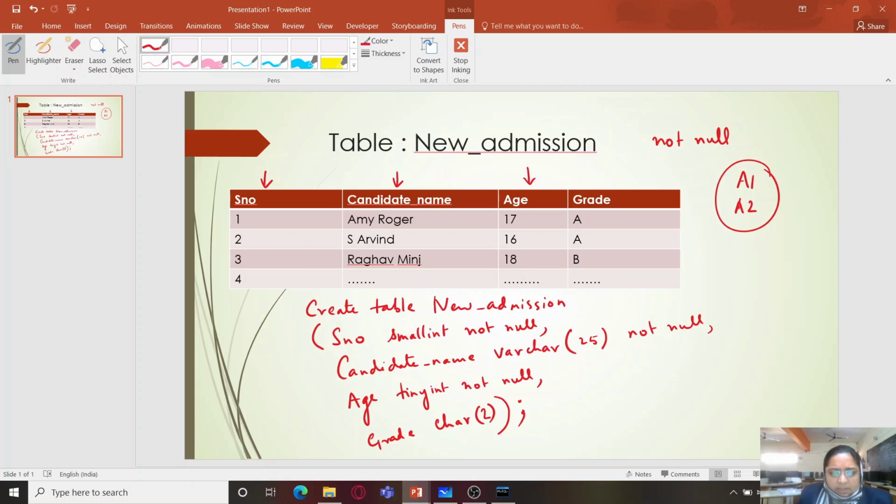So we can do this, and we'll not create it just now because there are a number of constraints which are to be applied on the table. First we will understand all the types of constraints, and then we will create a table where we will try to fit in all the different types of constraints. So this is the not null constraint.